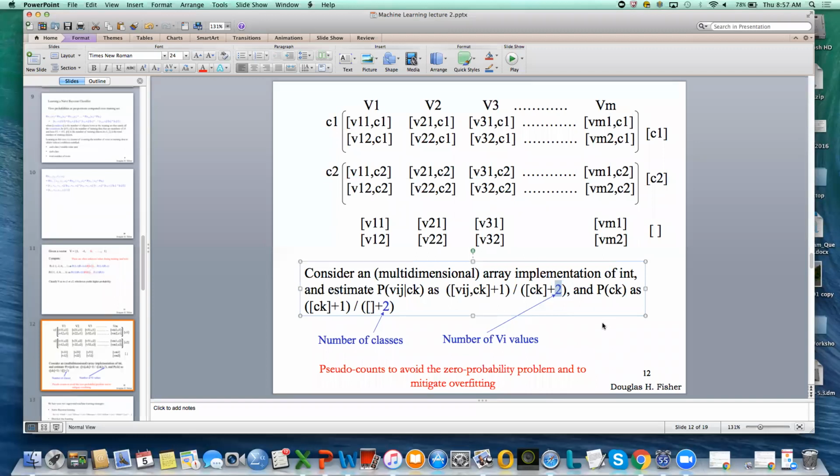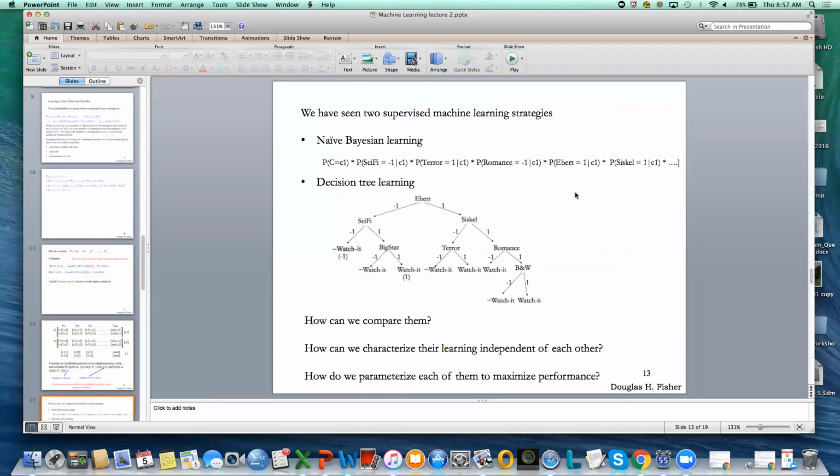And so the actual data you see dominates the computation. So that's another trick that you've got to use in computing using the naive Bayesian classifier. Okay, so